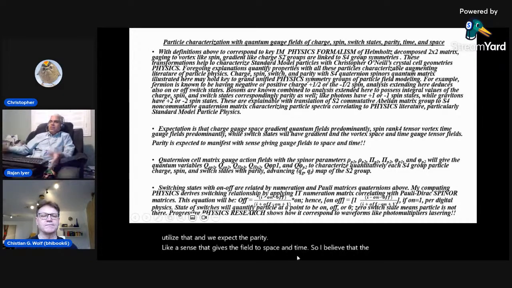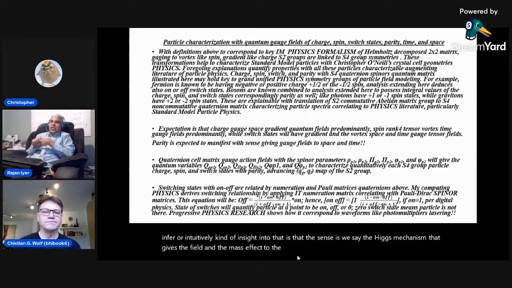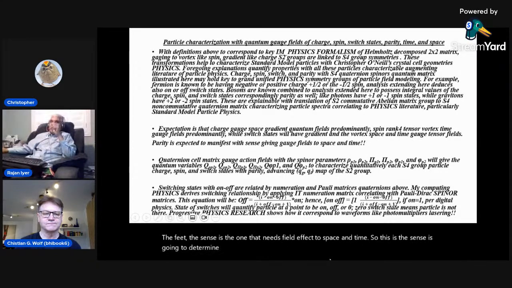So I believe that from these, what I could infer or intuitively gain insight into is that the sense is, we say the Higgs mechanism gives the field the mass effect to get the Higgs boson, things like that. But what I'm saying is I go a step back and say, what gives the field effect? The sense is the one that gives field effect to space and time. So the sense is going to determine whether you give the field effect to space or time. For example, in the gradient level, in the quantum level, it gives the sense, the field only to space